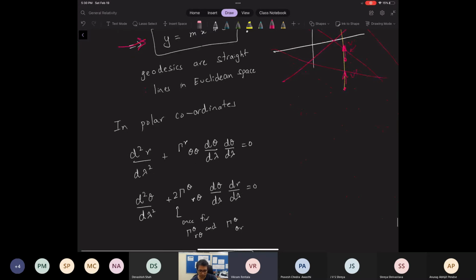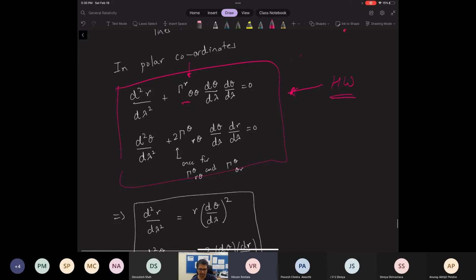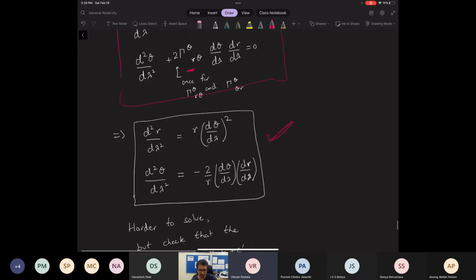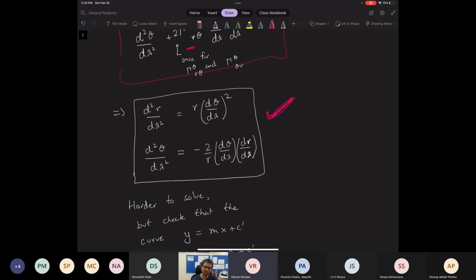Okay, you can do the same thing in polar coordinates. It's more complicated. In polar coordinates, you'll have these complicated equations because these Christoffel symbols are non-zero. So again, I've shared these notes with you. You can check this out as a homework exercise. So we have something like gamma r theta theta here in the d square r by d lambda square equation, something similar in the d square theta by d lambda square equation. So you'll get some complicated differential equations. These differential equations are harder to solve, but the solution will be exactly the same,